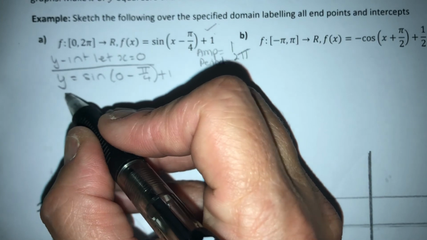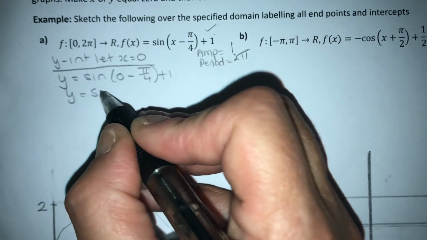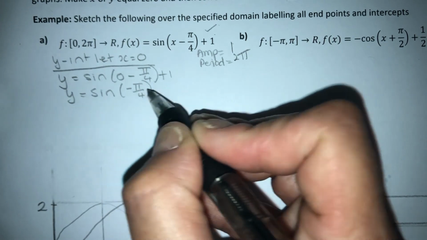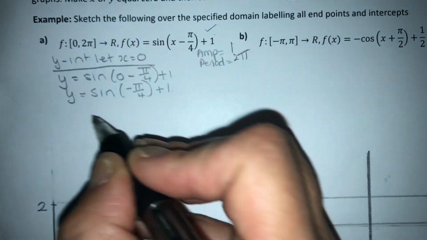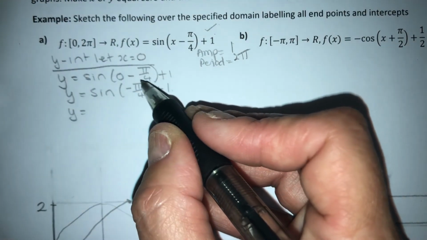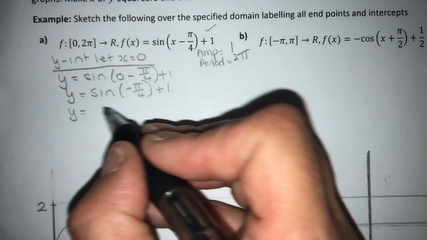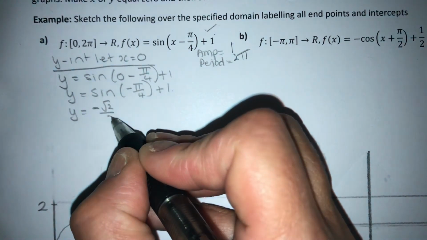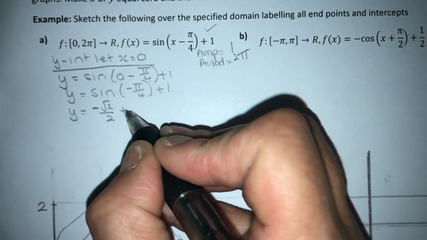Okay, so this is going to become y equals sine of negative pi on 4 plus 1. Now, don't forget that's the same as negative sine pi on 4, or looking it up from our exact table's value, we're going to get negative root 2 on 2, and we still have to